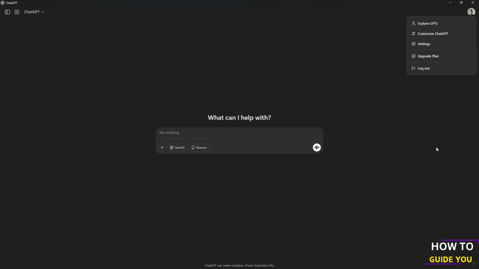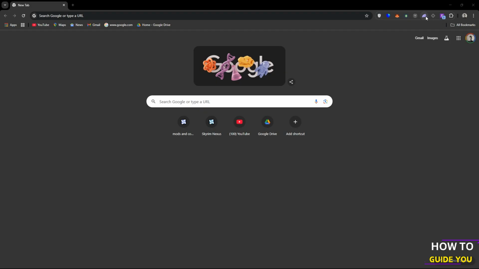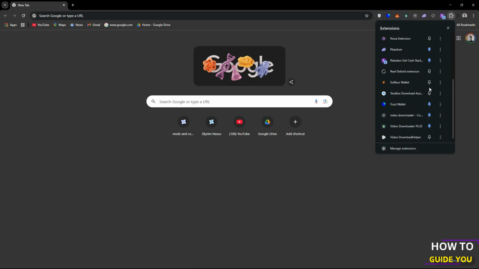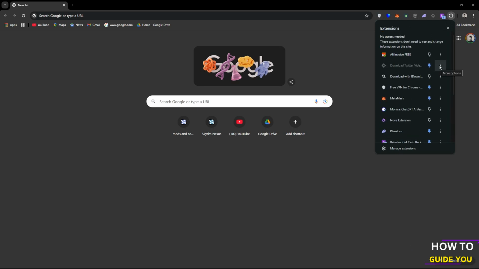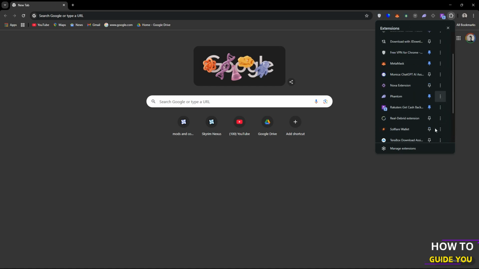However, what I really think the problem is, and what I've experienced, not maybe specifically with ChatGPT but with other things, is browser extensions in whatever browser you use to access ChatGPT. Consider going to the little extension puzzle here and removing some of these. You just click on those three dots next to them and remove them. Remove them, try to use ChatGPT, and go through the process of continuously removing until you find the one that is